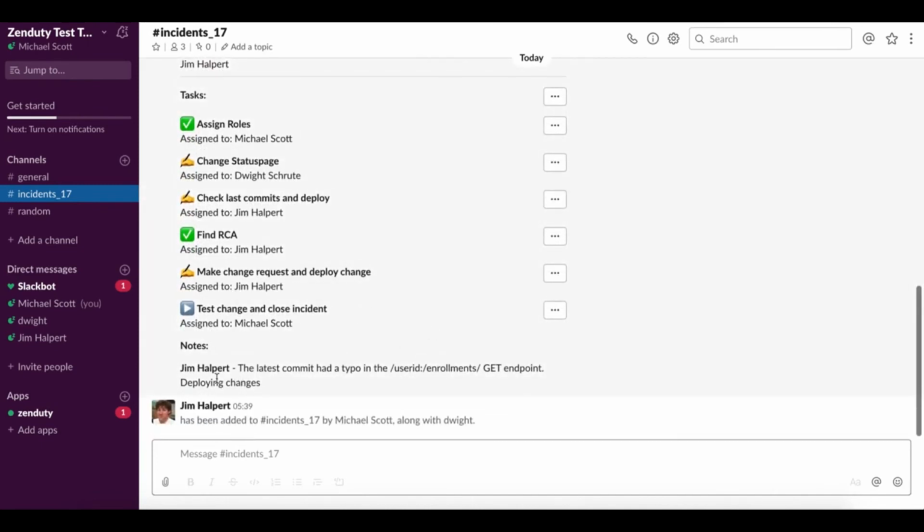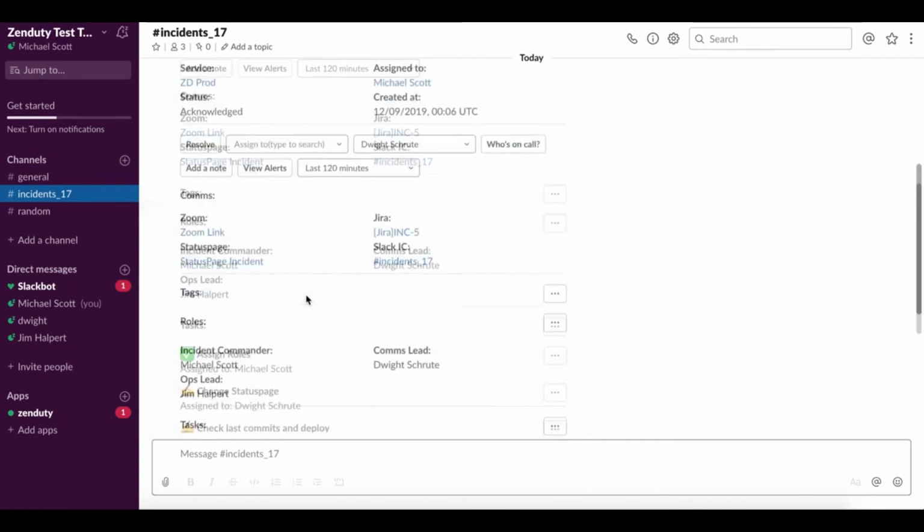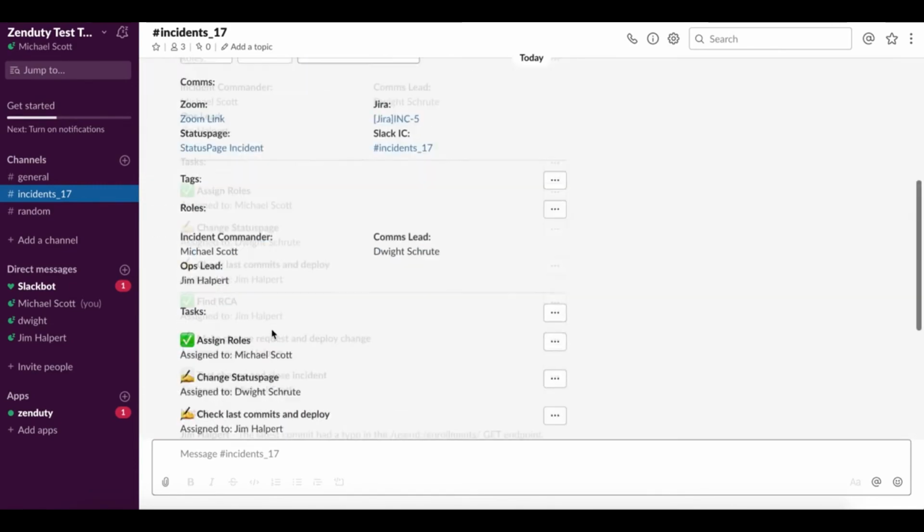Now I can see that Jim has already sort of analyzed or identified the root cause, and he's already made the changes. So let's just go ahead and